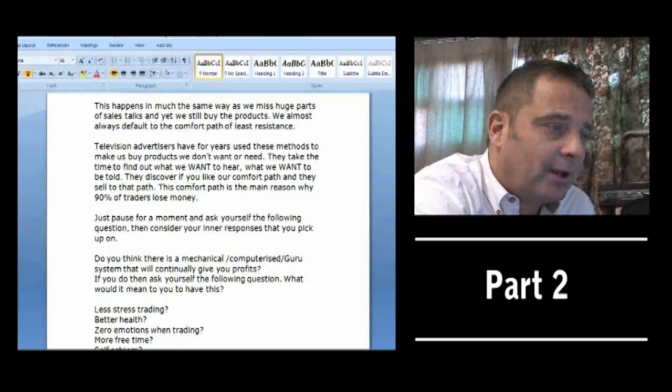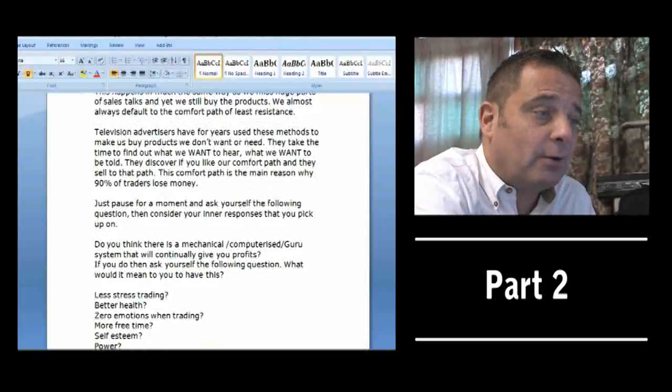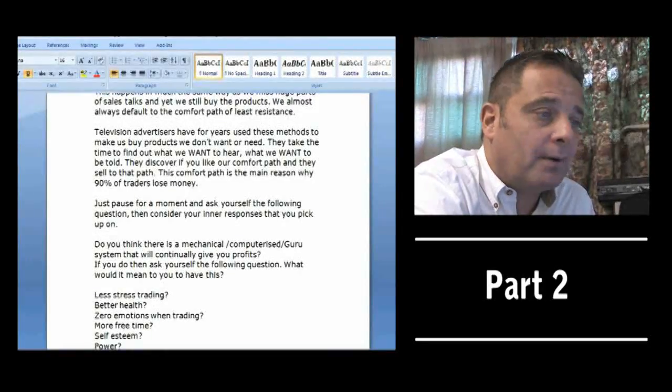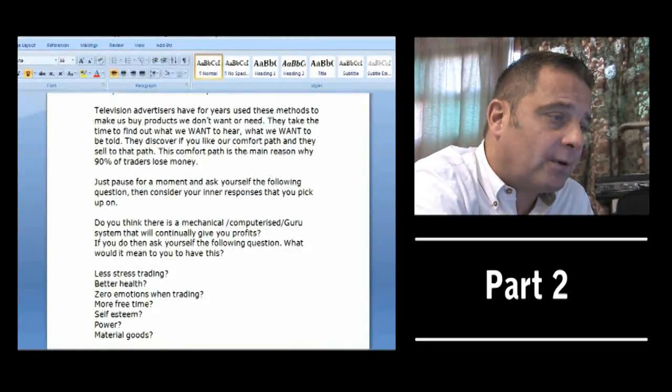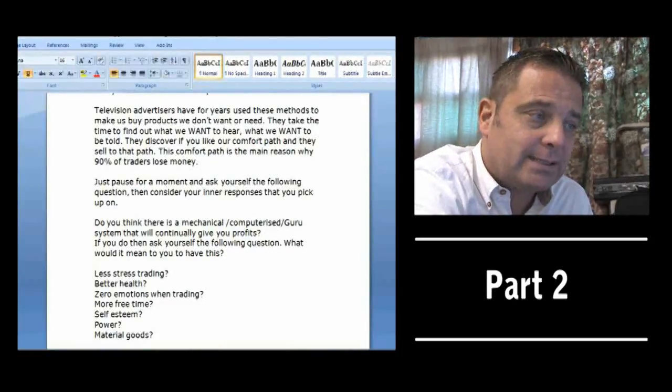They take the time to find out what we want to hear, that we want to be told. They discover if you like our comfort path and they sell to that path. This comfort path is the main reason why 90% of traders lose money. Just pause for a moment and ask yourself the following question, then consider your inner response, your inner voice that